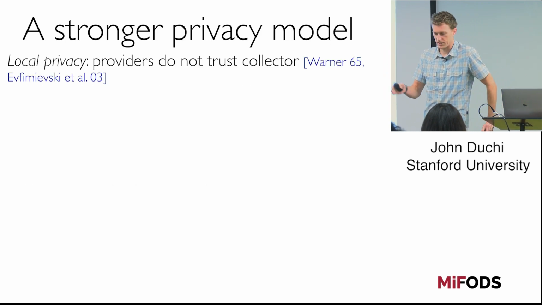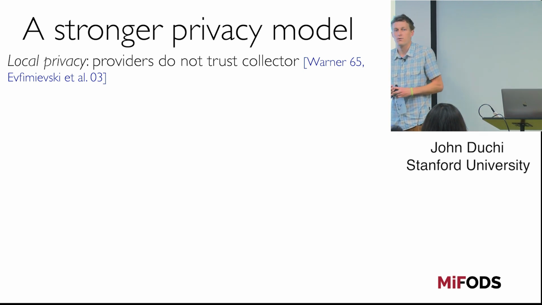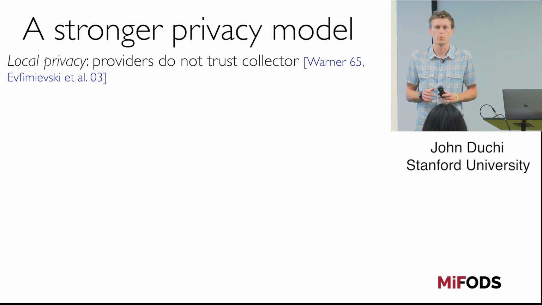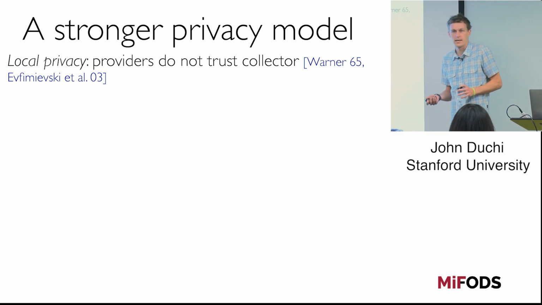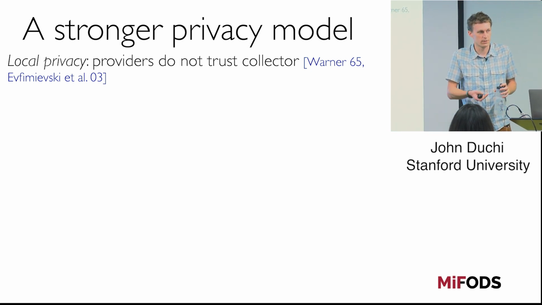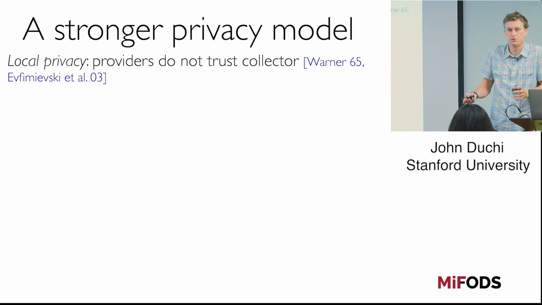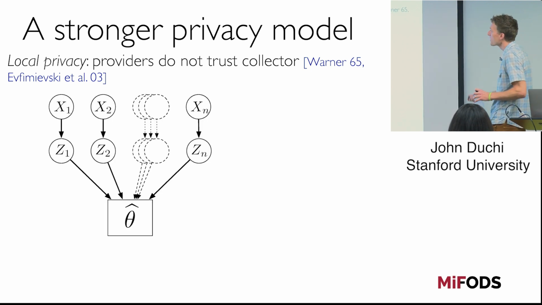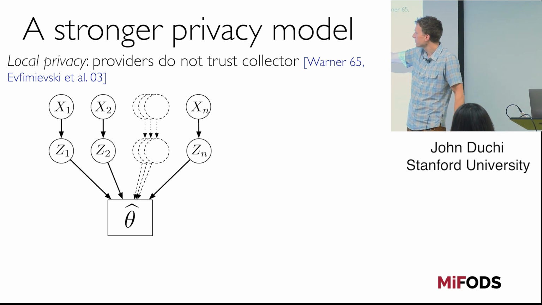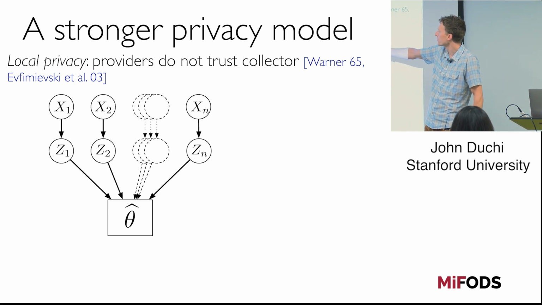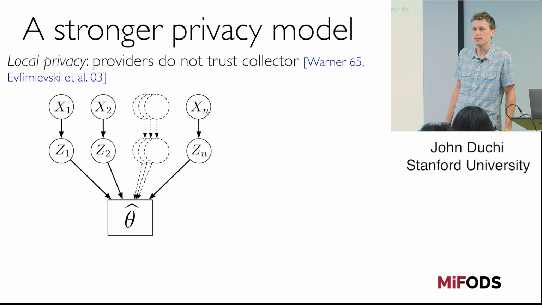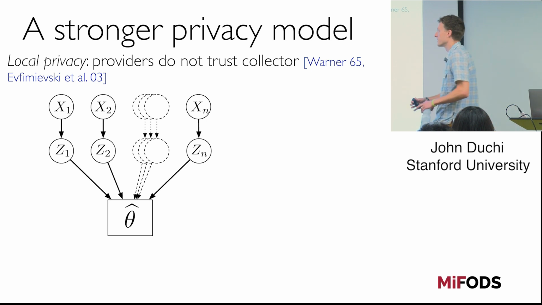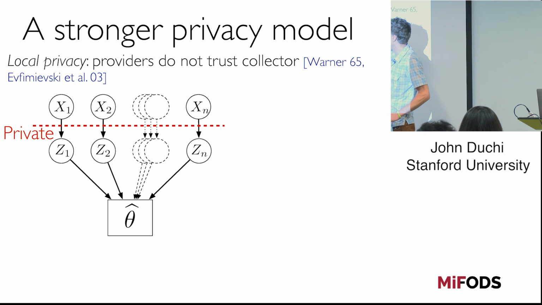So now what I'd like to do actually is move into a slightly stronger privacy model than sort of this standard differential privacy, right? So the model I'm going to use now is what's known as local privacy. And in local privacy, basically providers of data don't even trust the data collector, right? Because they don't know the data collector from a hole in the ground. They're like, okay, I have no idea if you're going to keep my data private. So what's the game? Well, basically, you start off with your data. X1 is person 1, X2 is person 2 through Xn. And then I have some kind of estimator or quantity I want to compute about their data. But what I'm going to do is put this barrier between these people and whatever I'm collecting.